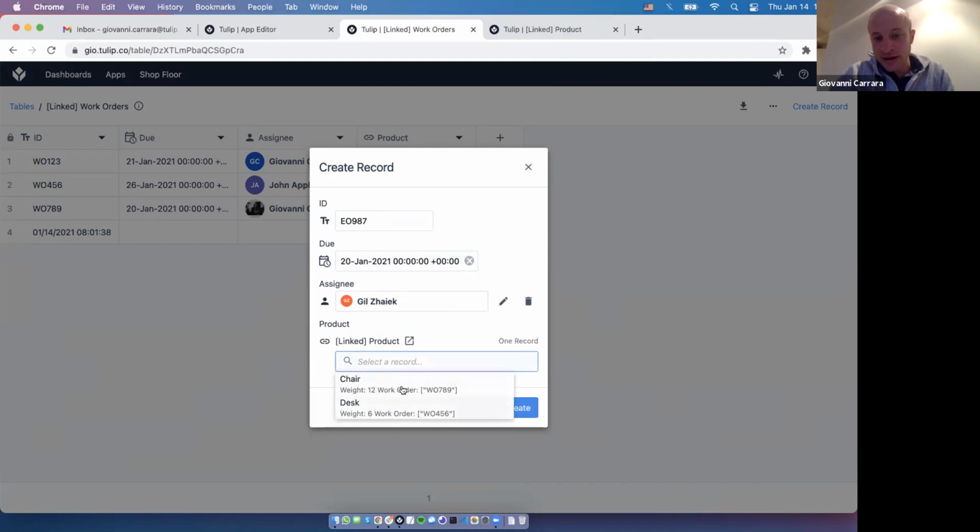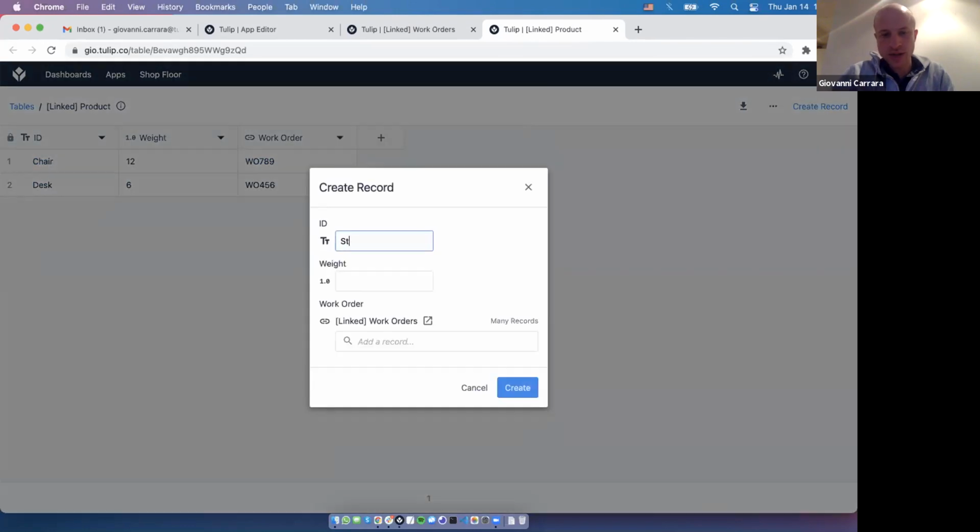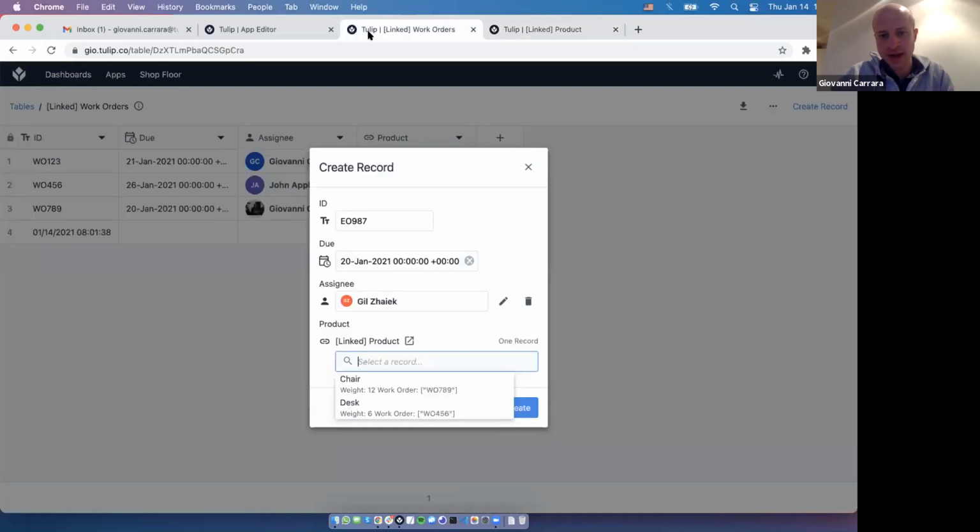And then here, as soon as I select this, I'll see that I have the two records in the product table. The product table, again, is this one here that has chair and desk with the weight and some other information. Just to show you, if I were to create another one, I'll say stool, this one weighs 4 pounds. I won't link it yet. I'll just create it. And I'll go back here. If I refresh the page,